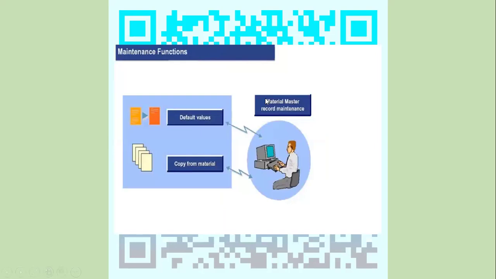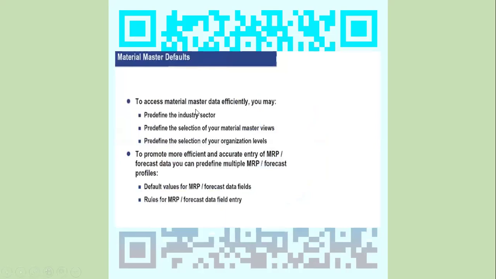Of course, when we actually maintain a material master, the information that is maintained has to be accurate. Because we can use it at multiple plants, it can be copied as well. To access the material master efficiently, you can predefine industry sector, material master views. We have already seen the views, organizational levels, that is plant, company code. Then MRP forecast. Let's go and dive into